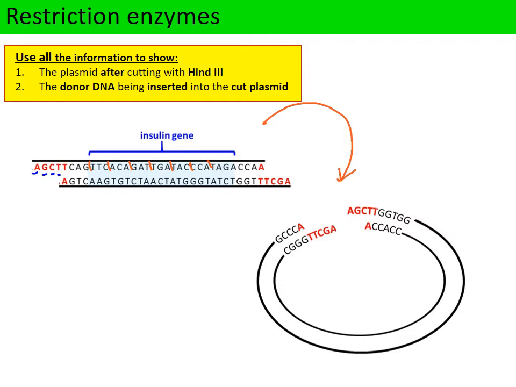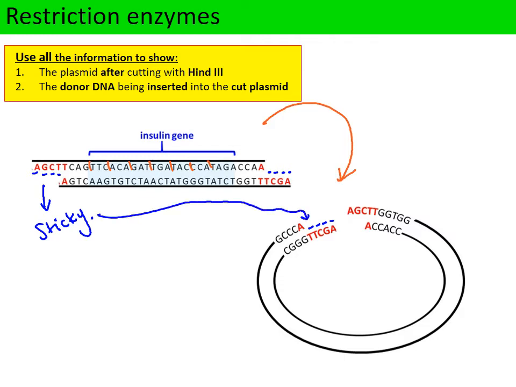AGCT, and the other one is TCGA. So for this one to complementary base pair the sticky end with a sticky end of the plasmid, we know the plasmid must be TCGA. Okay, so we can see that's there, TCGA. So this sticky end here is going to complementary base pair with